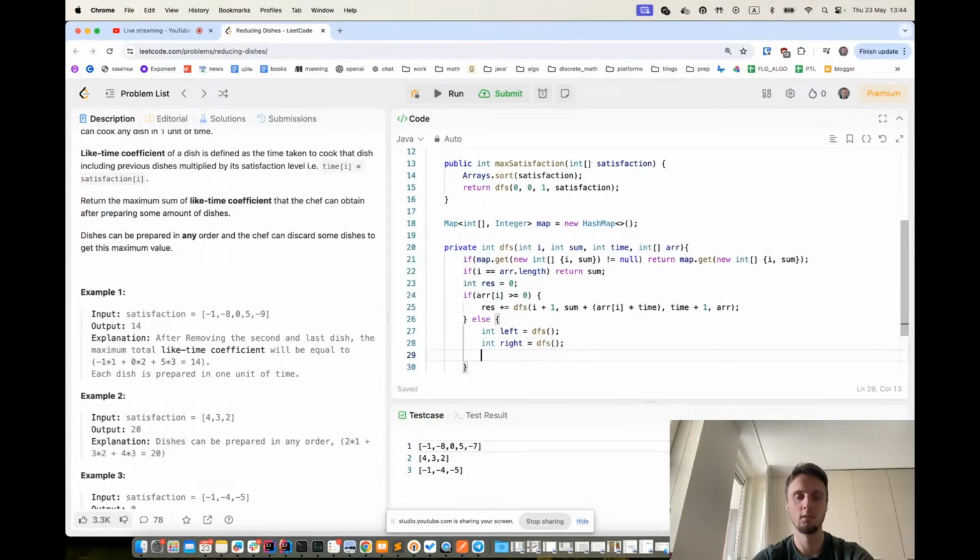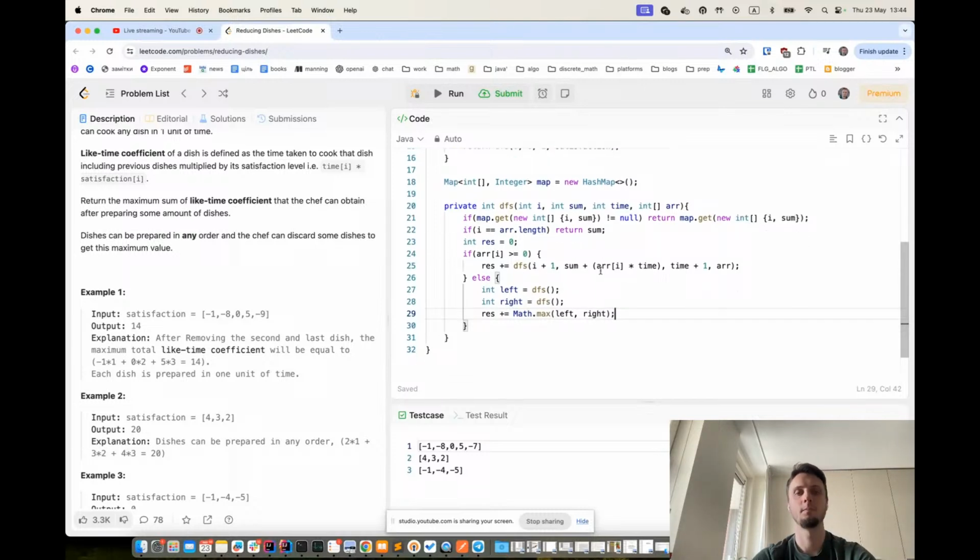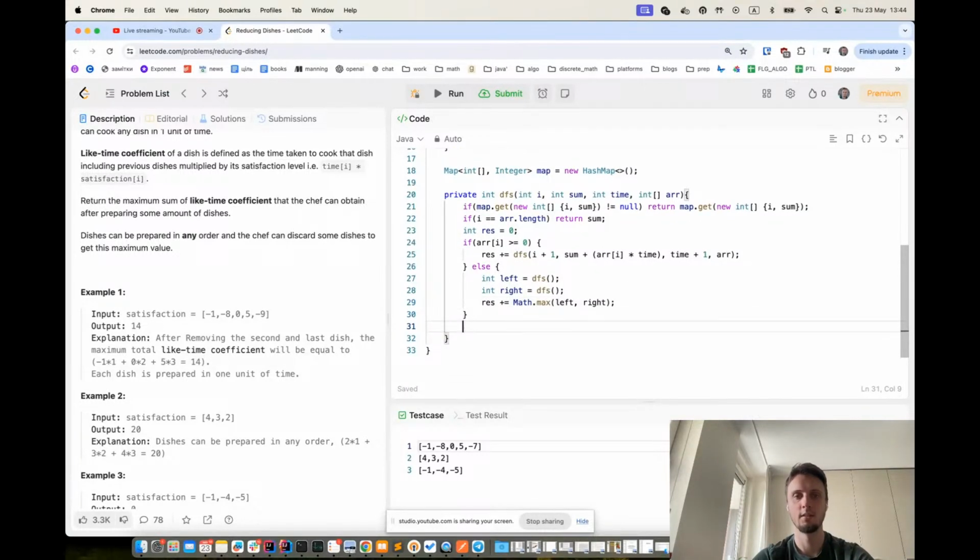Right. Here we should add maximum. It means left, right. Okay. Okay. And at the end, we have to put